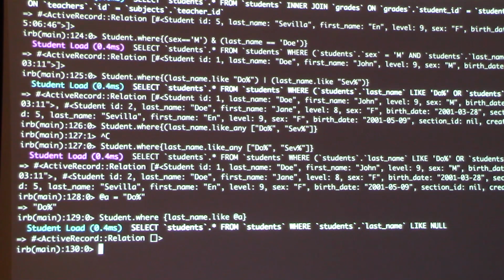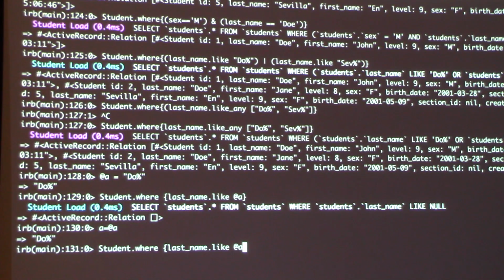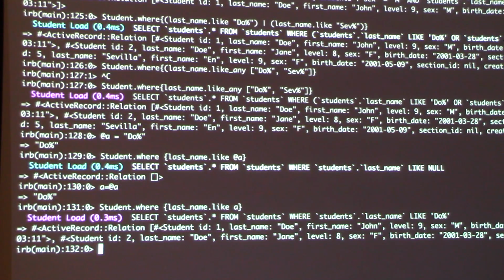So the three possible scenarios for you to be able to use your instance variable: one, assign your instance variable to a local variable. So you say a is equal to at a, and then you just use your local variable normally.